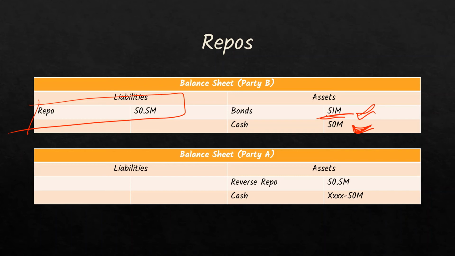And what will Mr. A show? Mr. A will show there is one asset. He got one asset, that is you, by the name of reverse repo. The agreement he has, that is reverse repo. So he will show this asset and will reduce the cash by 50 million. Although there is a sale, the asset will remain in your books. Because this is called